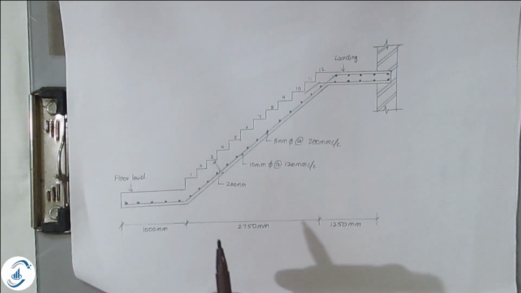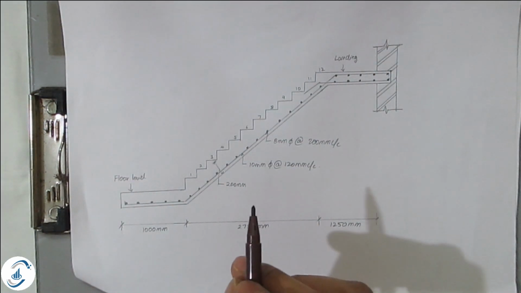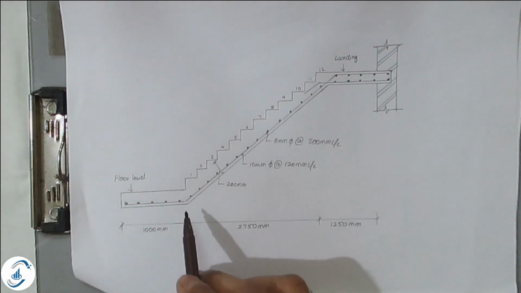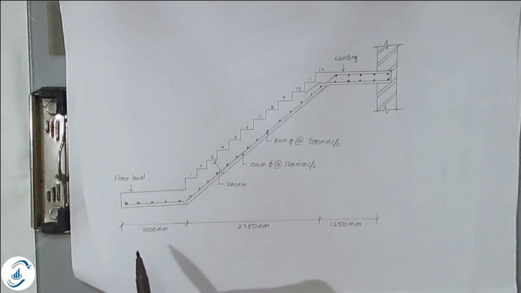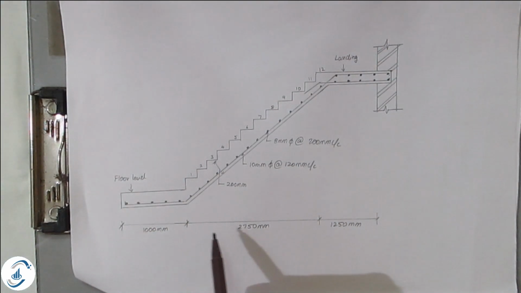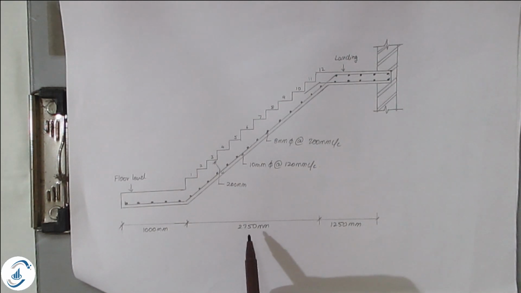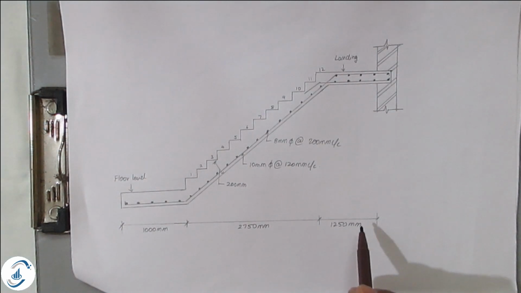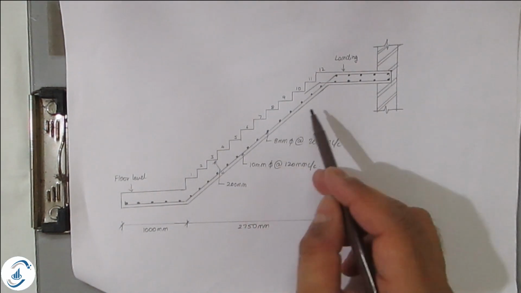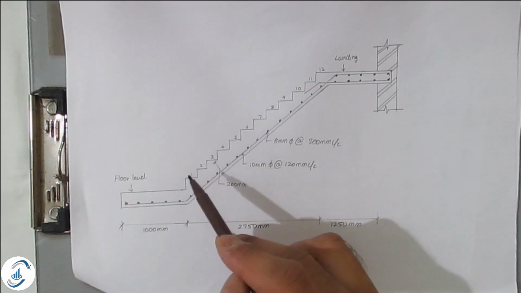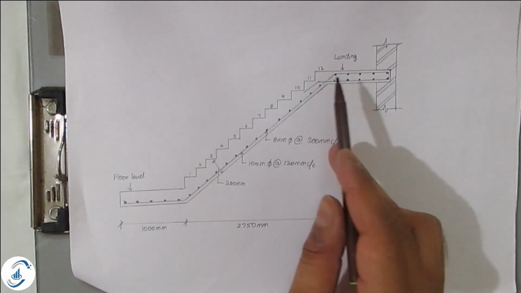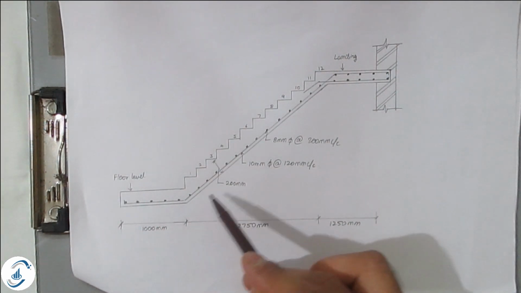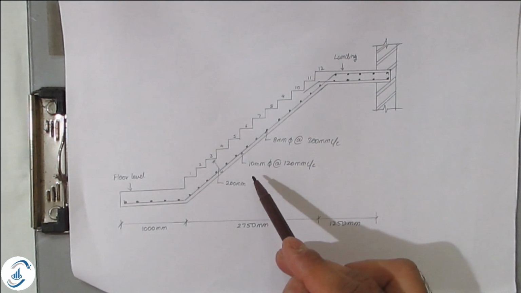Now this is the reinforcement detailing of the dog-legged staircase which we have just designed. This is your passage. This is the space occupied by treads. That passage is 1000 mm, that is 1 meter. The space occupied by treads is 2.75 meters, that is 2750 mm, and this is the landing space, 1250 mm. So landing, then stair, then passage. These are the 12 number of steps which I have shown here, and this is the bearing of 230 mm. Whatever straight line you are seeing here is the main reinforcement, that is 10 mm bars